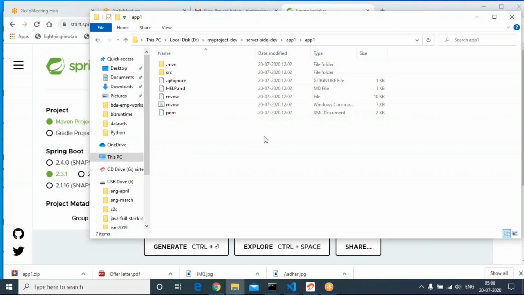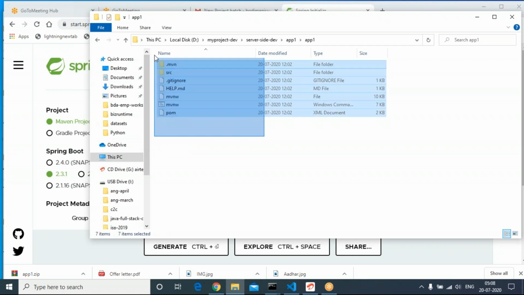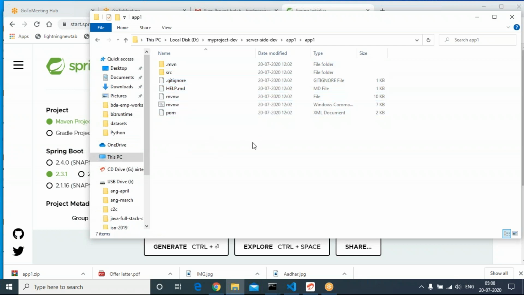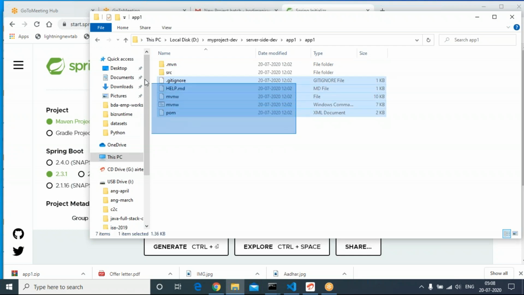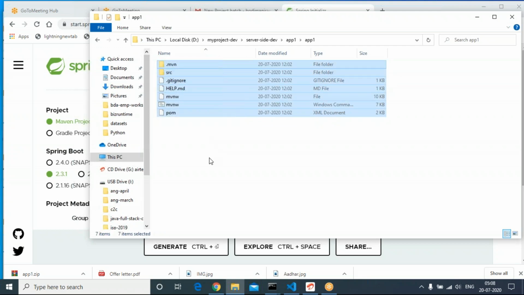In order to enhance this project, to add our customer requirements, if this project is imported into Eclipse, then we can easily enhance the same project.